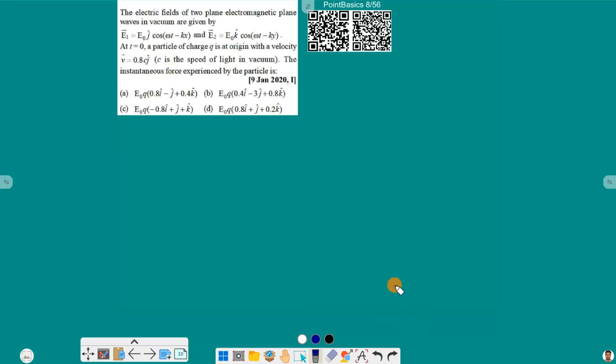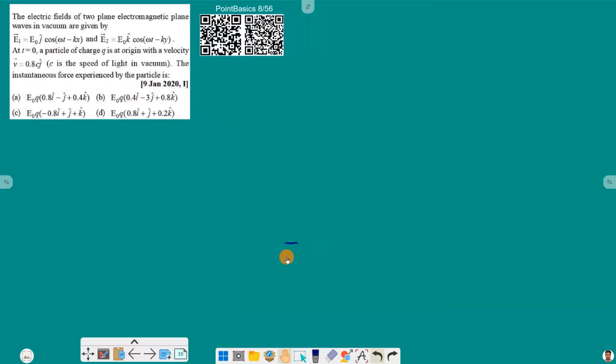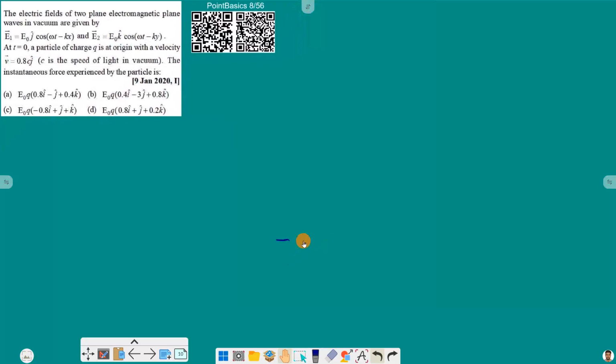As we have two electric fields here, correspondingly we will have two magnetic fields, and we have to find the total force at time t equal to 0. Yes, at t equal to 0 we have to find the total force. So what we will do here is solve for each field separately, find the force due to each of the fields, and then sum those up. So starting with the first field, we have been given that E1 is equal to E naught j